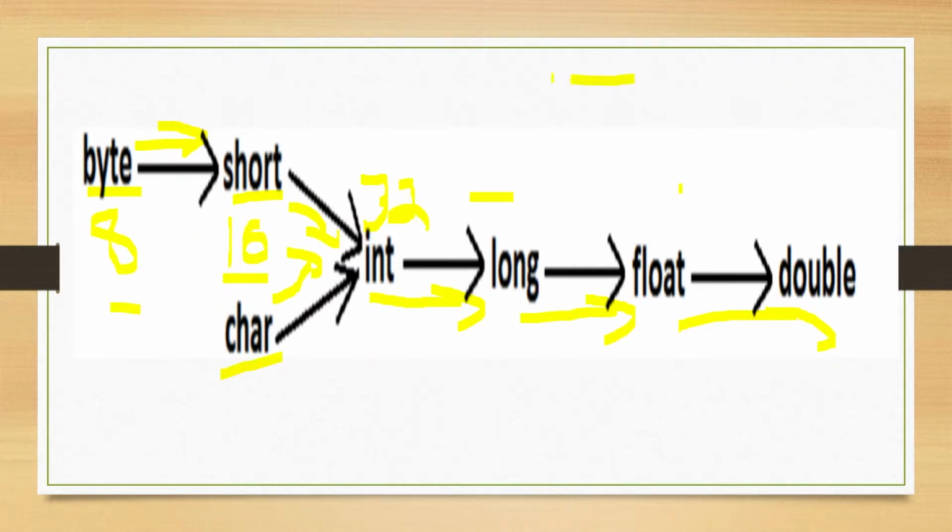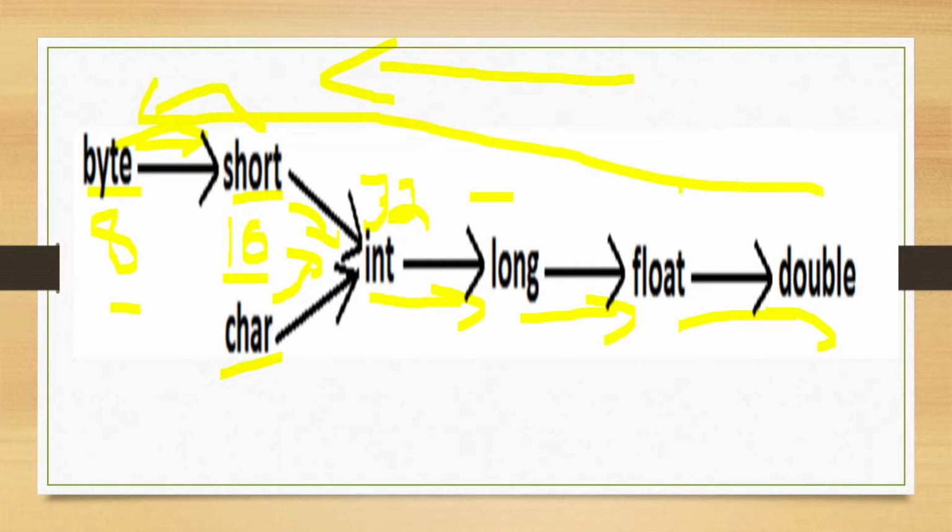But if we try to go in the reverse order, if we try to convert from short to byte, then we will get an error because the conversion won't happen automatically. We are needed to do it explicitly by writing code. And one more thing to note is that byte can be directly converted into double, float, long, and so on. It is not necessary that, as it is shown here, it should first be converted into short.